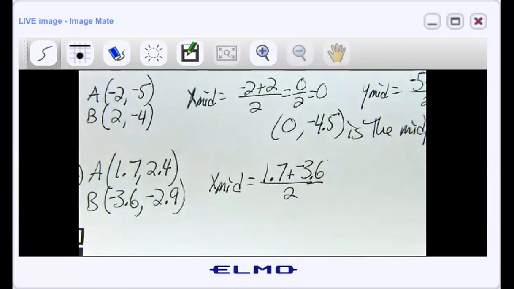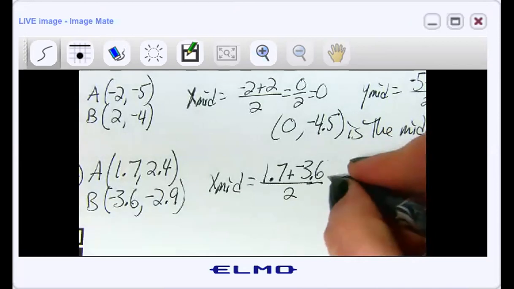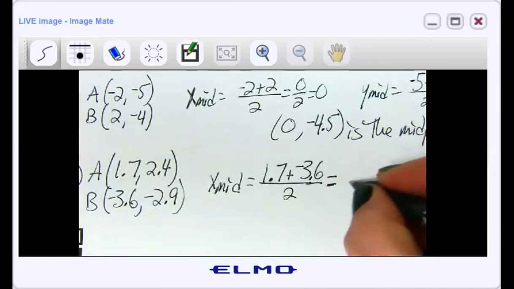So I'm going to ask my calculator to do 1.7 plus negative 3.6. That comes out to be a negative 1.9, but then I have to divide it by 2. So when I divide by 2, I get negative 0.95,